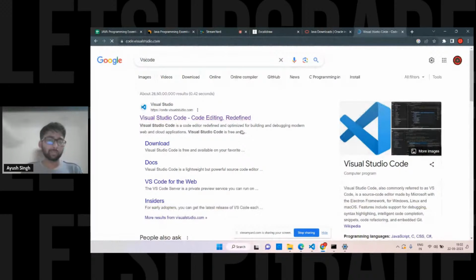You'll get the option for Windows at the start. You can select this icon, get it for any operating system. This is quite simple for VS Code. You don't have to do anything more in VS Code. We don't have to worry about anything. Okay, I hope you got the point, right? Just install the JDK and you're good to go.